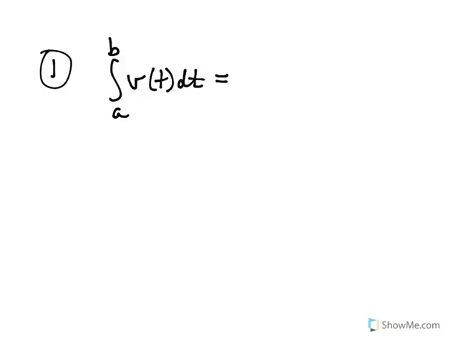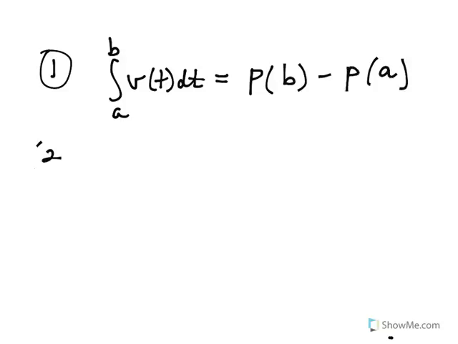So in this case, our antiderivative would be the position function. So it's either s or p of b,